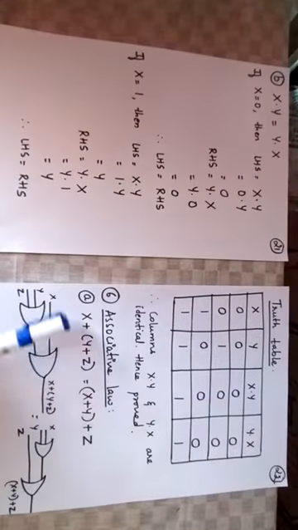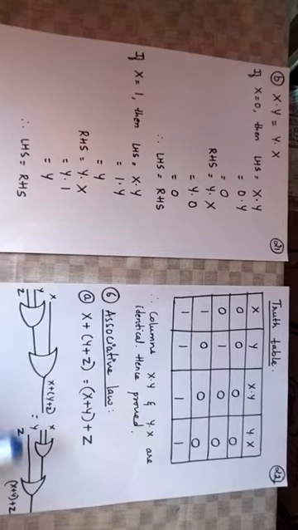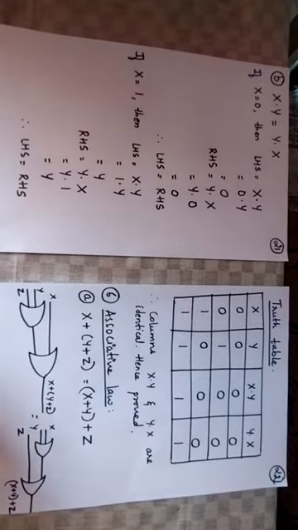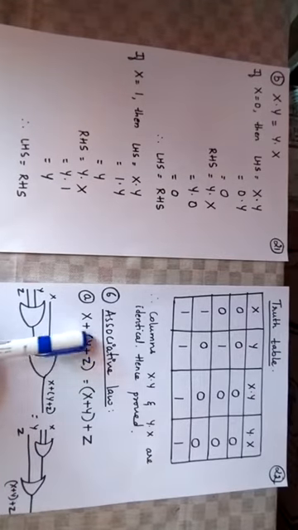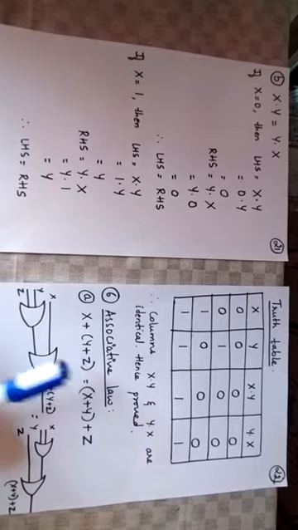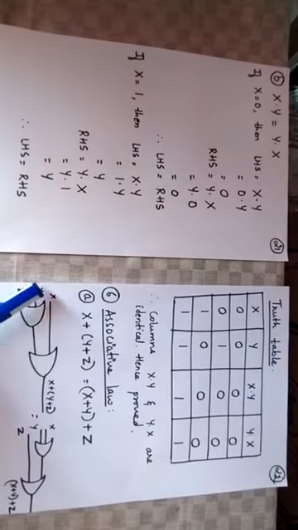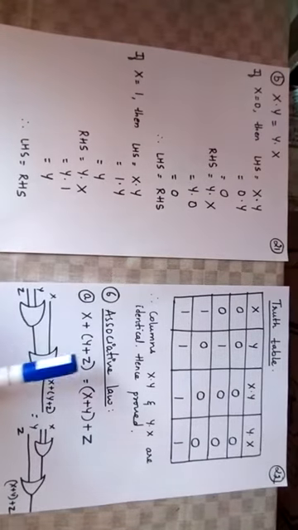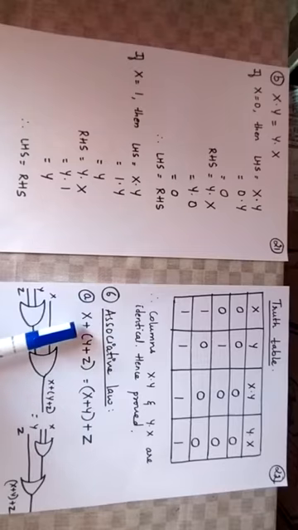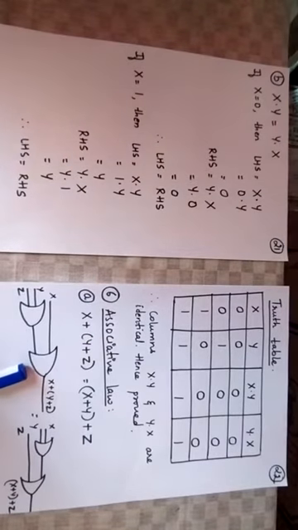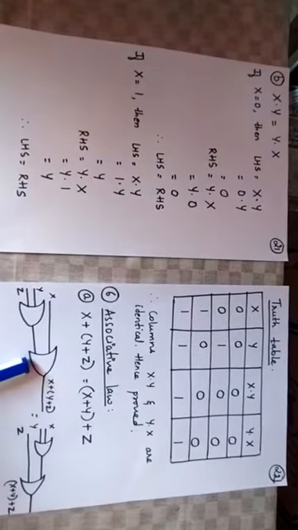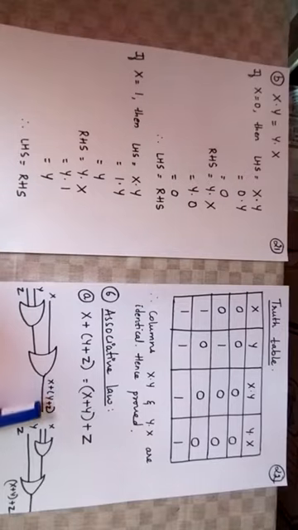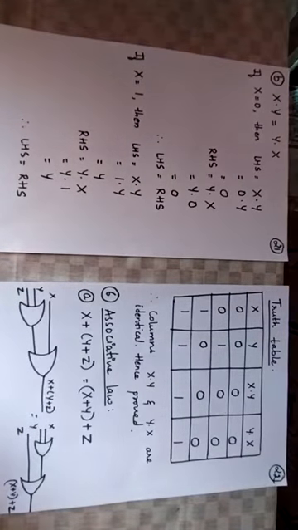Since we are performing the OR operation here, we will be using OR gates to draw its logic diagram. Coming to the left hand side, x plus (y plus z). Since y plus z is put under parentheses, we have to take a separate OR gate for it with the two inputs y and z. This results in y plus z. Then for this y plus z plus x, again we have to go for an OR operation, so we take another OR gate here. This OR gate is going to take the input x and the input y plus z. So it results in x plus (y plus z), where y plus z is under parentheses.